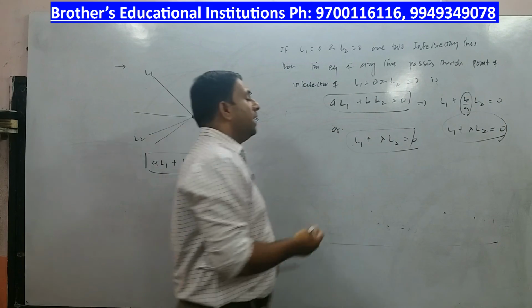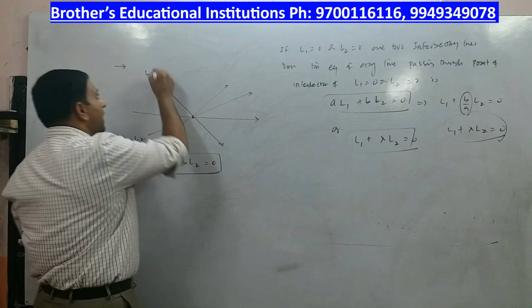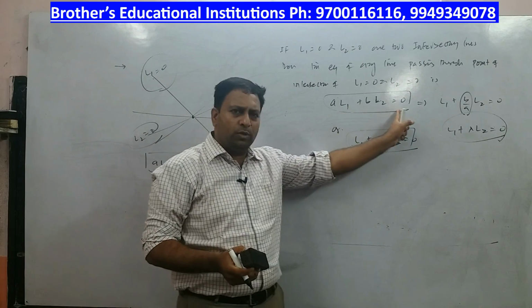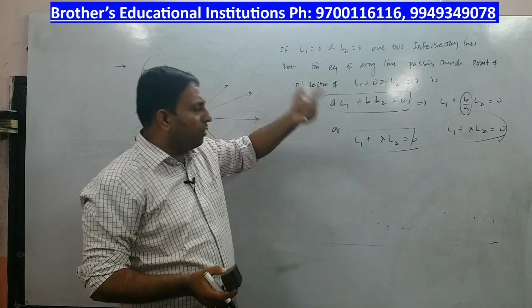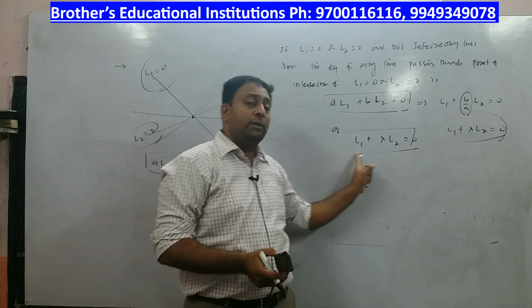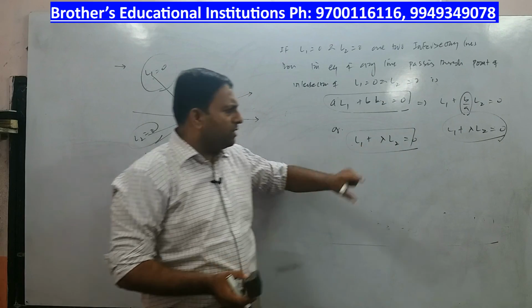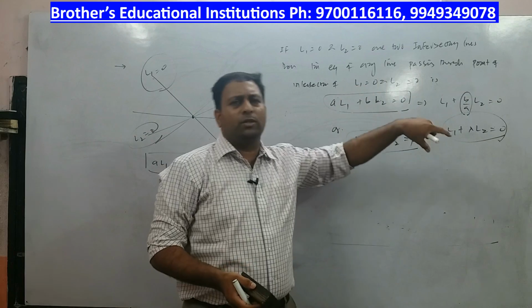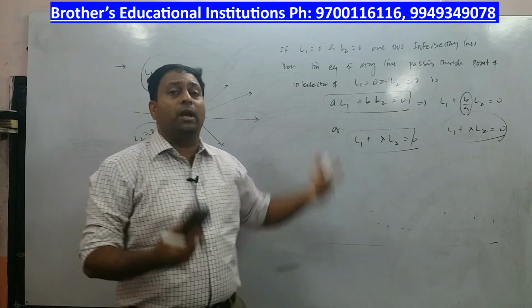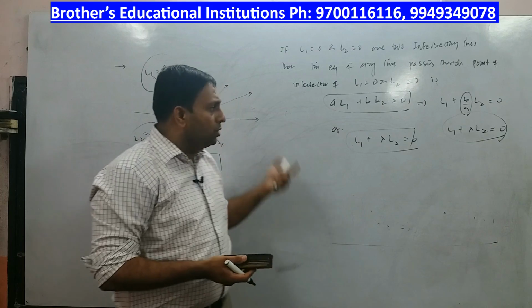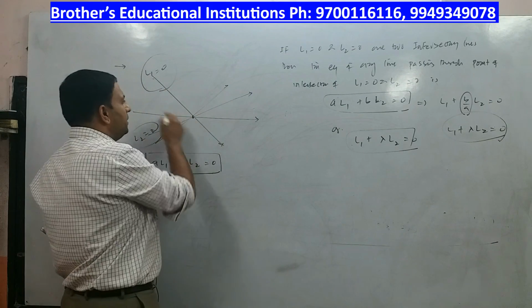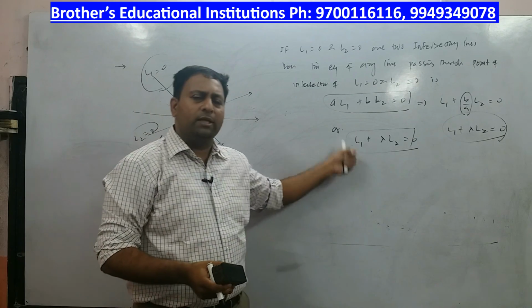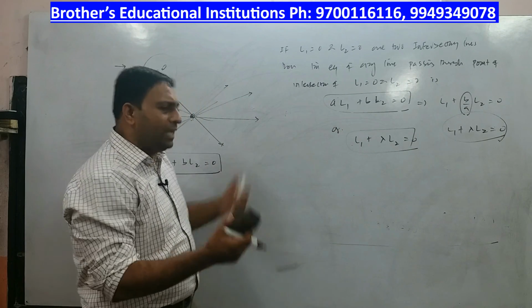Right? So the equation of any line passing through the point of intersection of L1 is equal to 0 and L2 is equal to 0 is of the form A L1 plus B L2 is equal to 0, or if I want to mention that in one variable only, I will say L1 plus lambda L2 is equal to 0. Children, this is a very, very important concept, and most of the time the questions are based on this concept in your board examination and also in competitive examinations. So I want you to pause the video, copy this stuff. This is also called the pencil of lines passing through this point of concurrence, and this is the general format. So pause the video, copy, and then we'll move to the next concept.